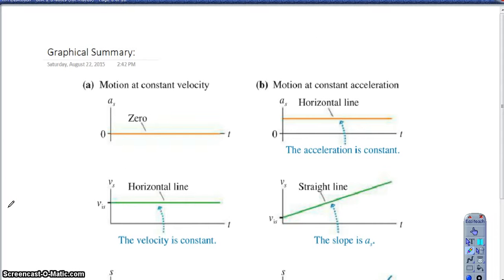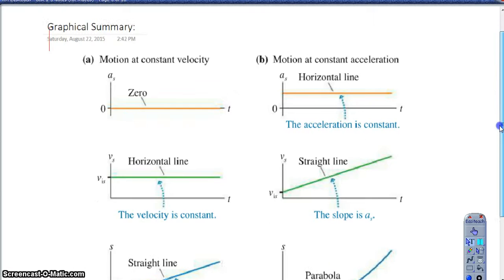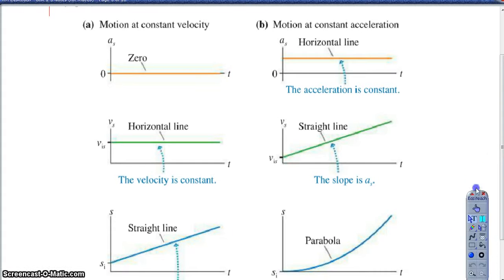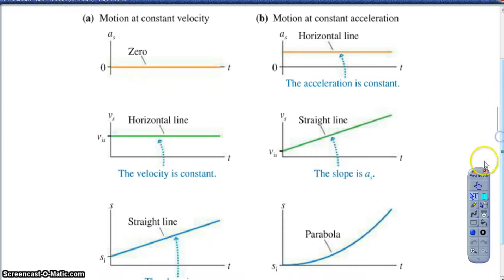Okay, so then at the bottom of your example page for this stuff, you do have a graphical summary. And really the important thing I want you to be comfortable with here is it's very likely that you will have questions on tests. So if you're planning on taking the AP, which I hope you are, and even just the tests that you'll take for me if you're willing. But anyway, you'll have questions that ask you, if the position is a straight line,